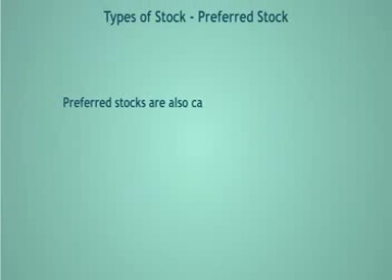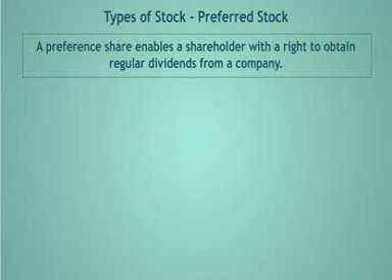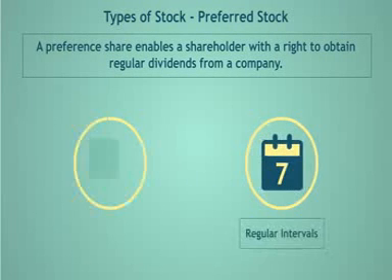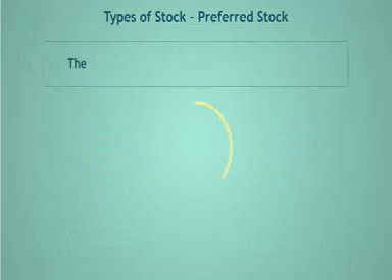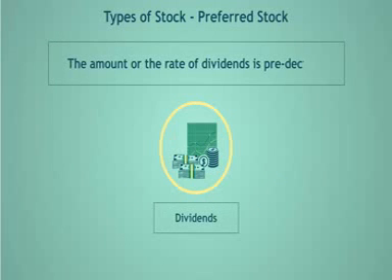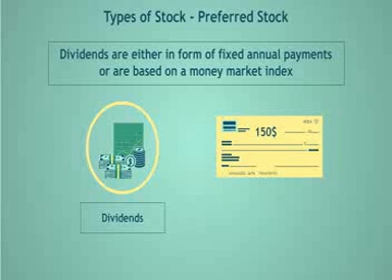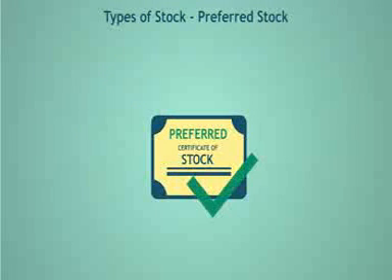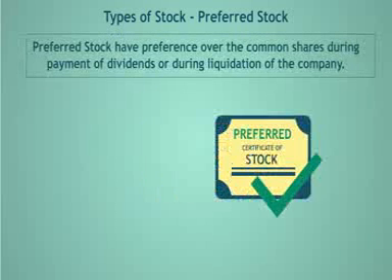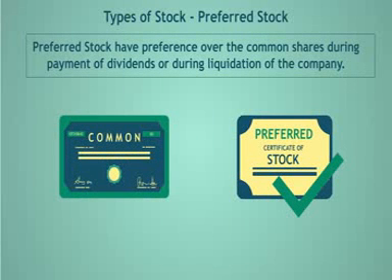Preferred stocks are also called preference shares. A preference share enables a shareholder with the right to obtain regular dividends from a company. The amount or the rate of dividends is pre-decided. The dividends are either in the form of fixed annual payments or are based on a money market index. Preferred shares obtain this name because they have a preference over the common shares during payment of dividends or during